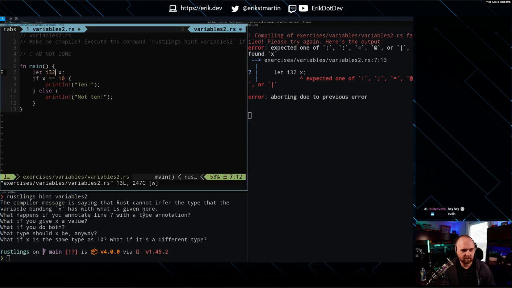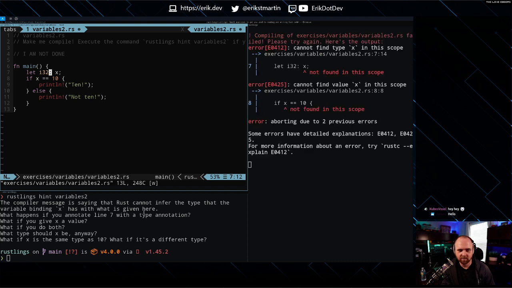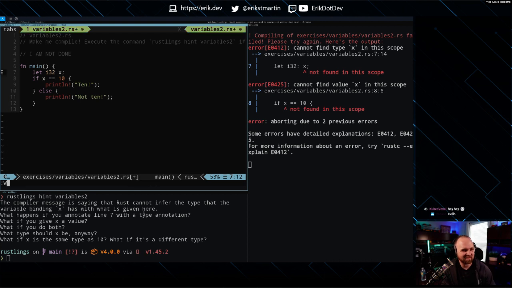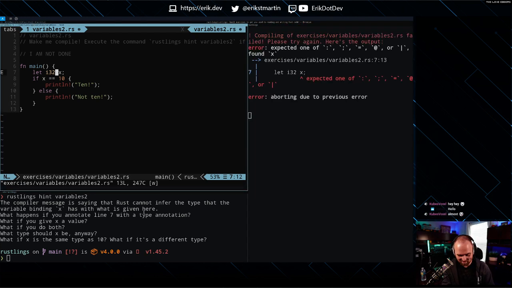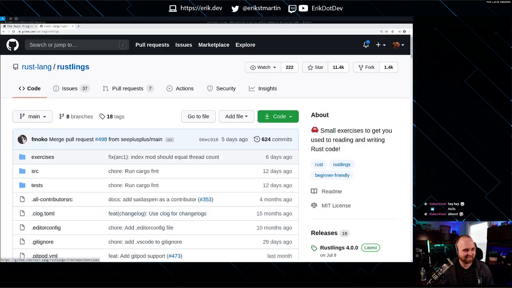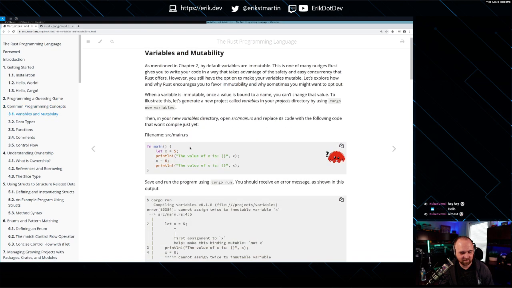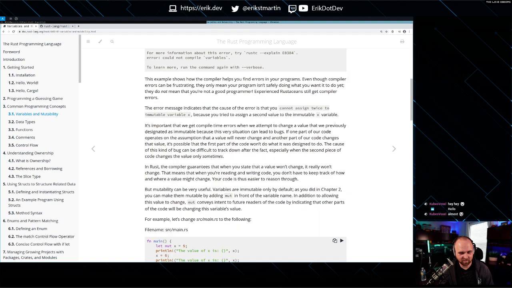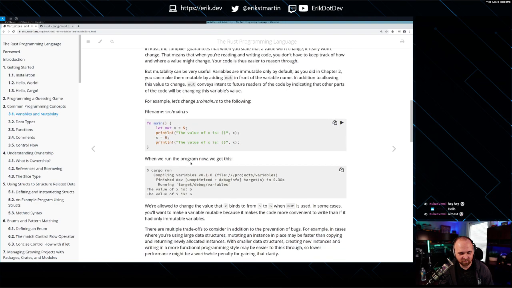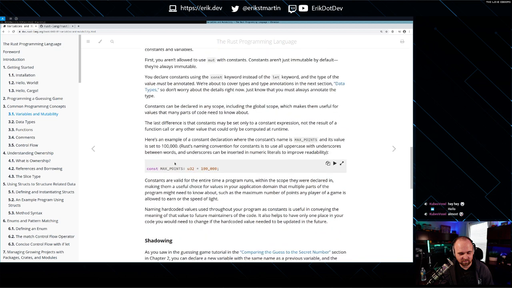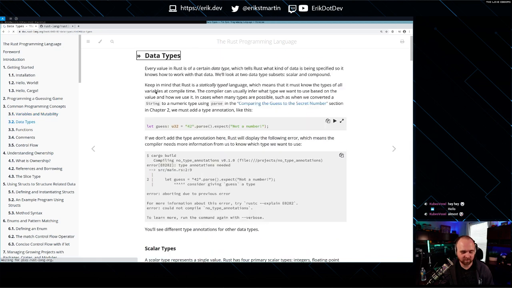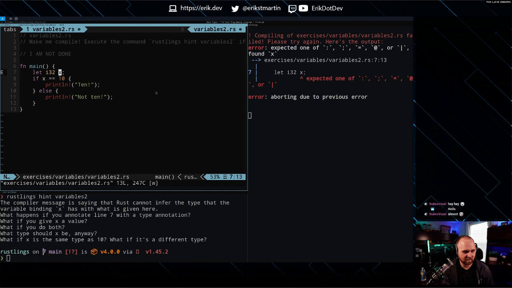It's here? No. I'm trying to remember the syntax of this for the variables. I am super rusty with this. Let's go look at the Rust book for variables. x. Alright, where's our type? That's mutability. Oh, it goes after the colon. Alright, that's my bad.